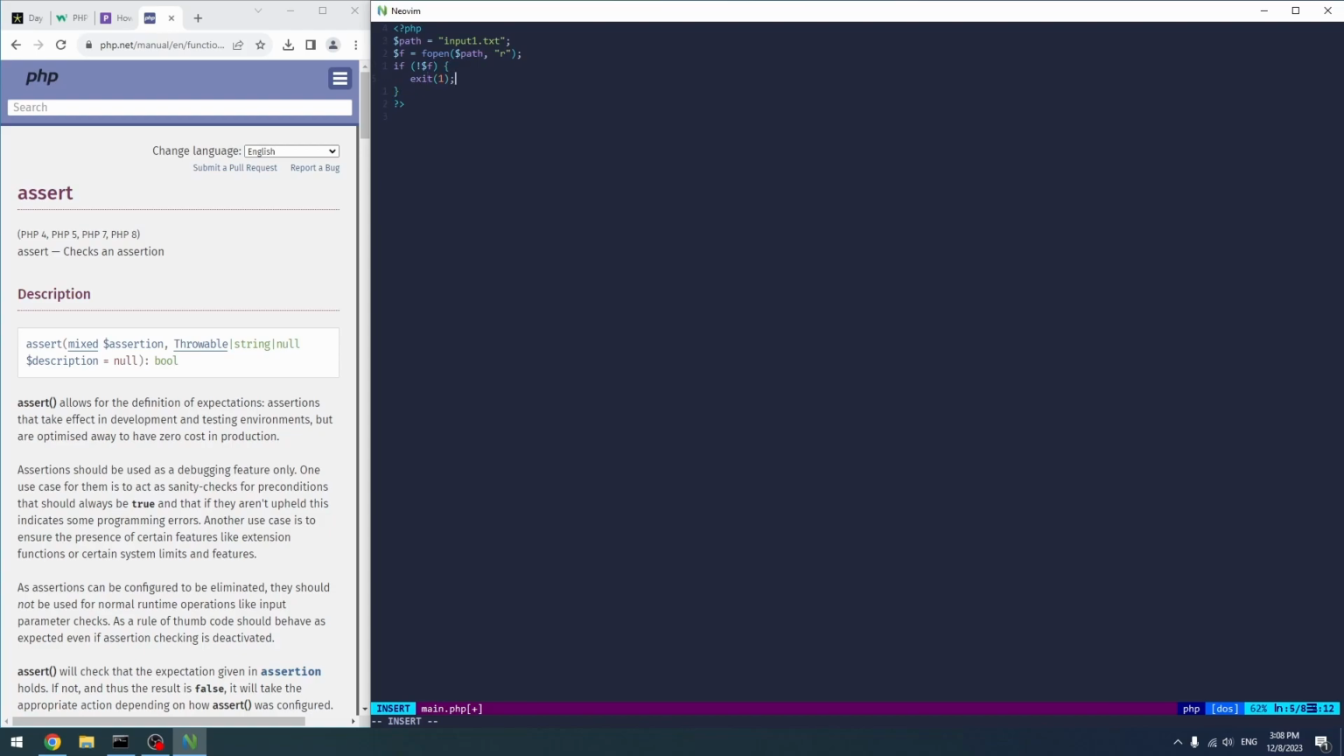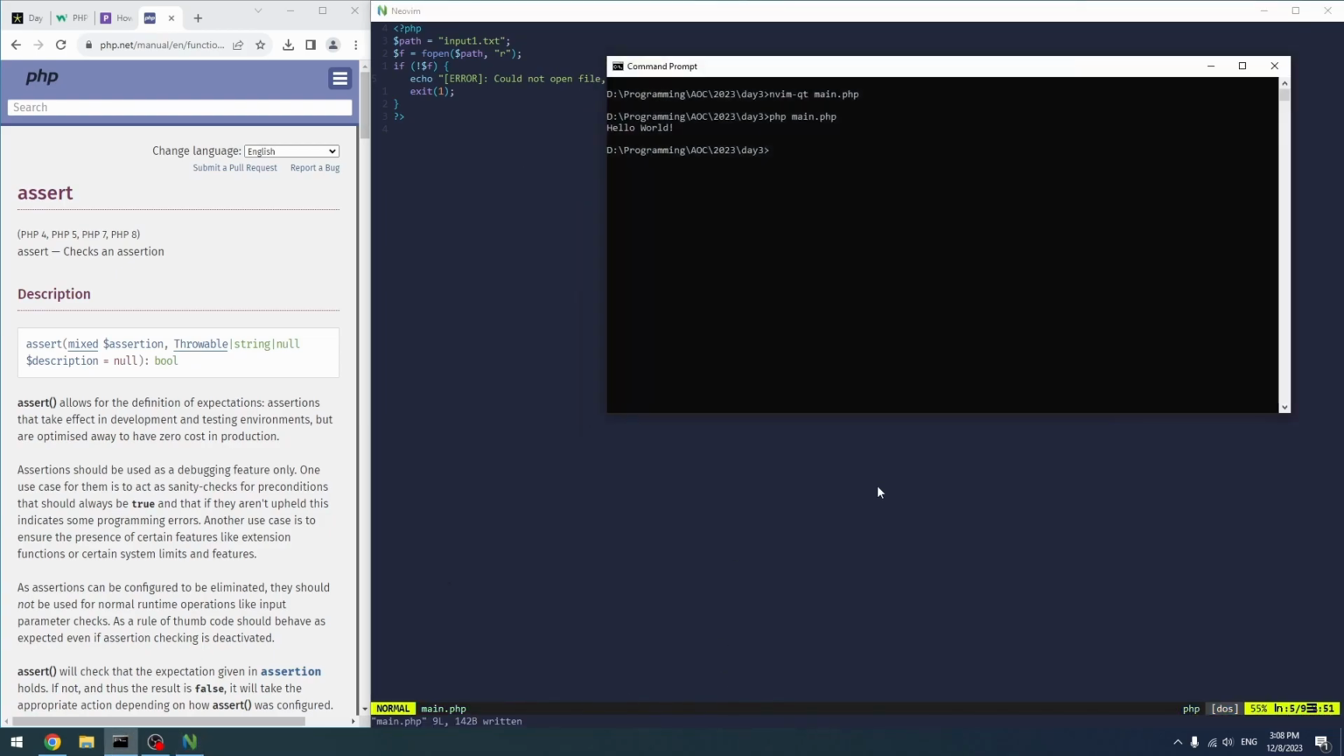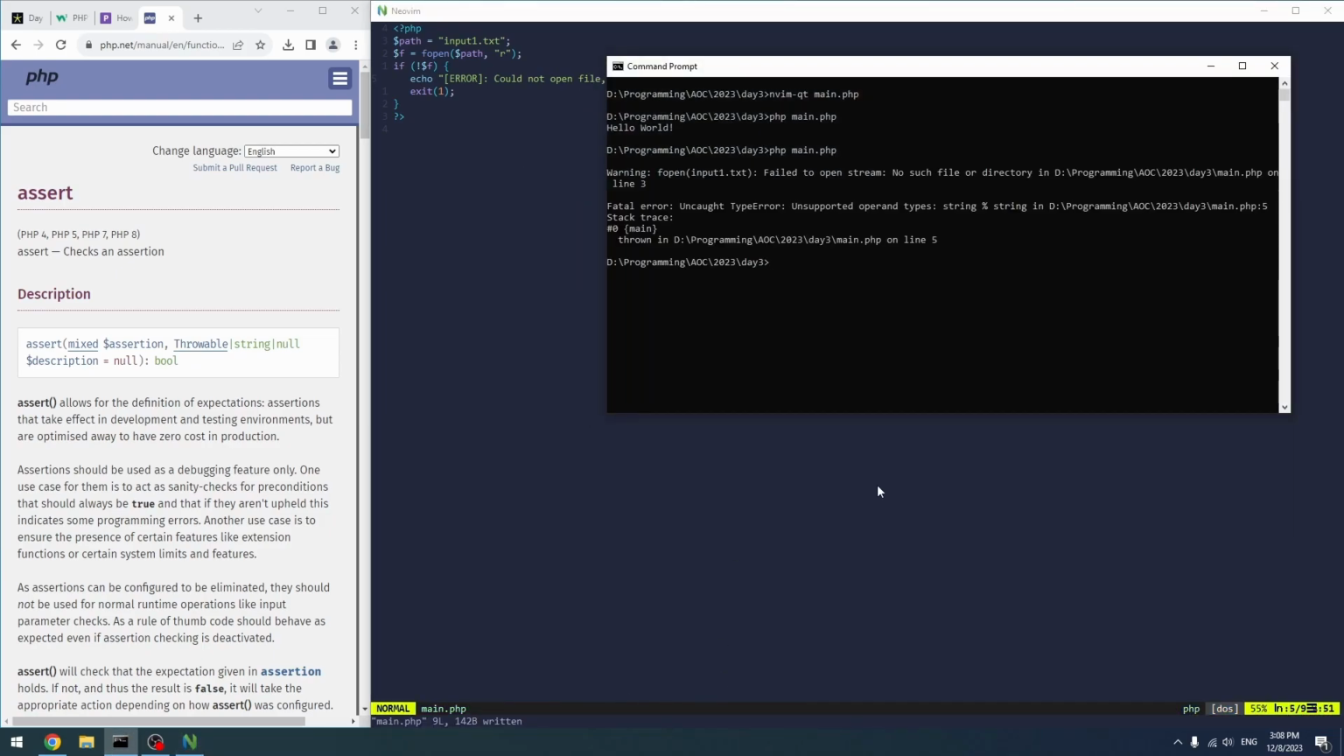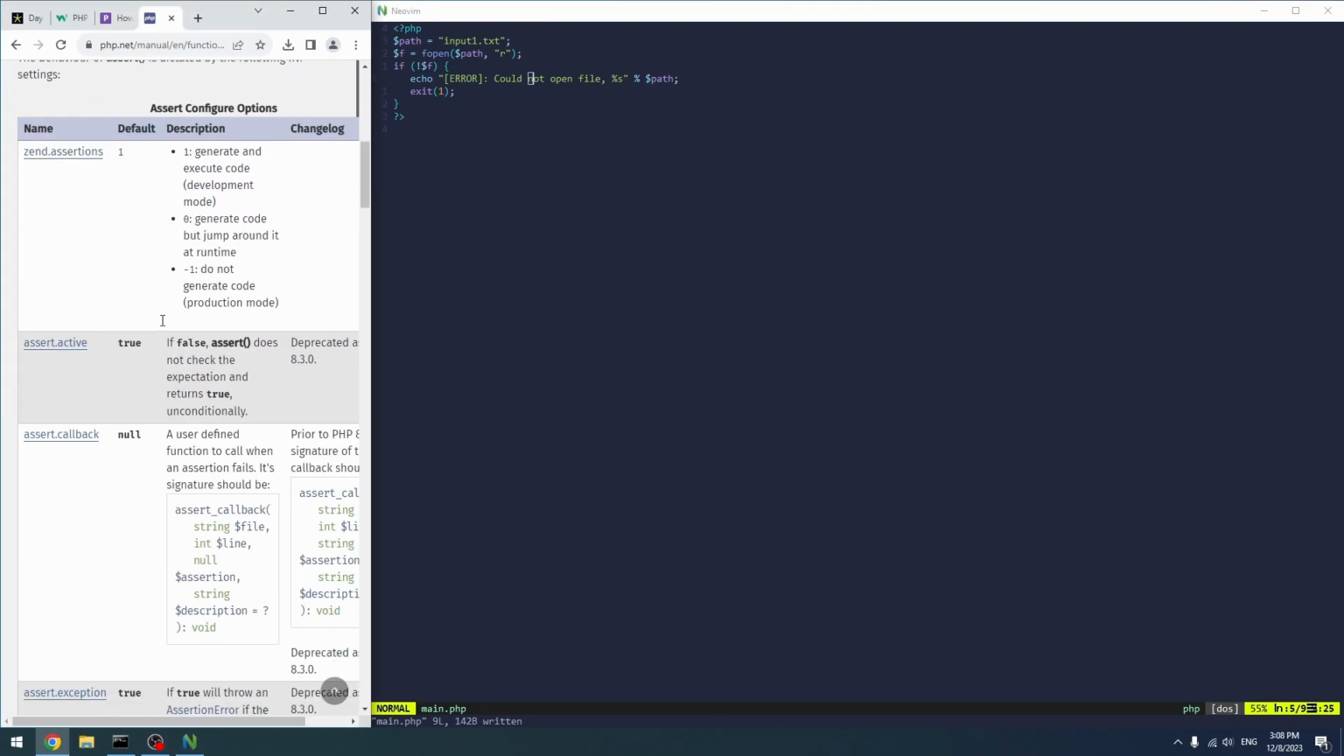And we can probably echo something like error, right? Could not open file. %s. Do you have something like formatting in PHP? It would be kind of cool. Unsupported string at string. Okay, can we